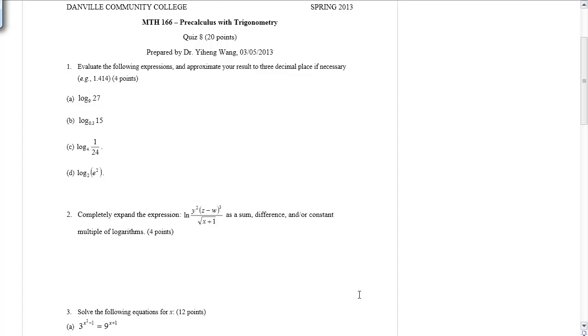Let's look at this quiz. The first problem: evaluate the following logarithmic expressions and approximate your results. For this problem, we are going to use the change of base property of logarithm, which states that if you